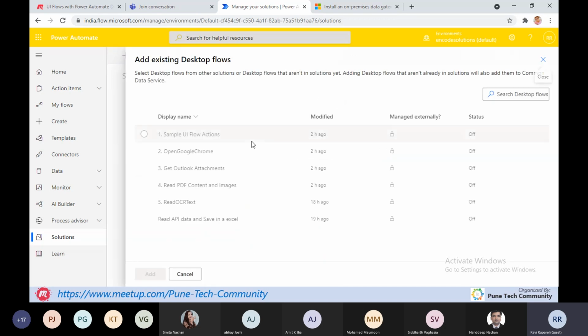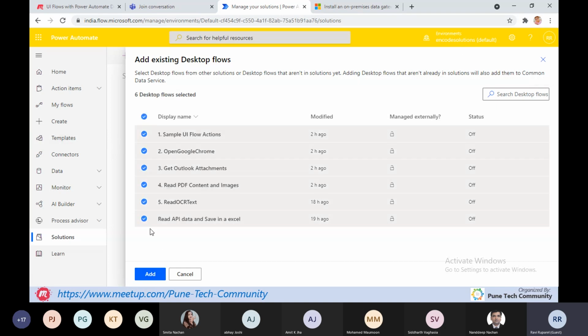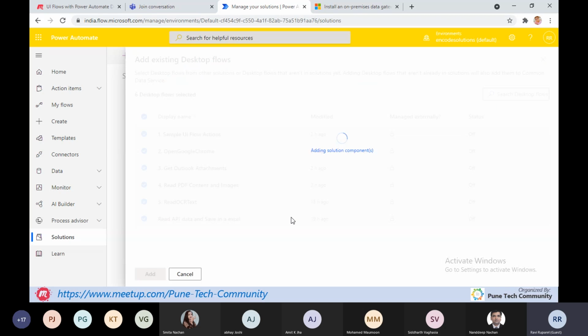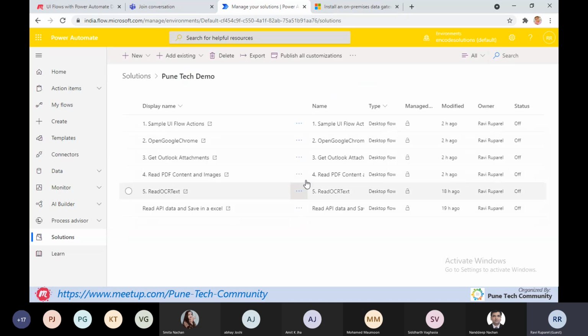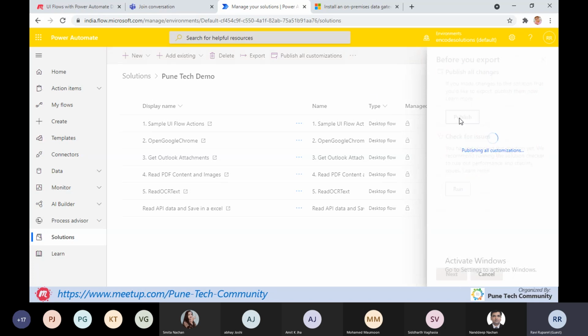Clicking on the desktop flows, it will show me all the desktop flows associated with this account. I'm selecting all these flows. Click on add. Now the next thing is click on the export button. We need to publish that. It will take some time to publish all the flows.